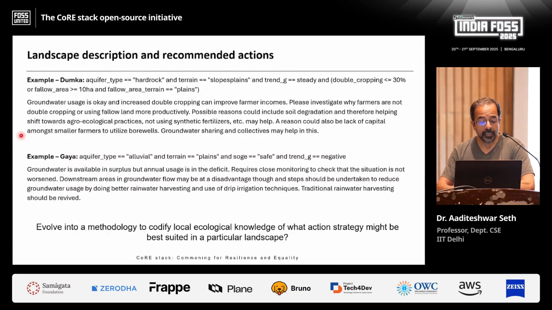And here the idea is not to use experts to write out these patterns. Local NGOs and the communities in these areas know what works. They know how much capacity the landscape can sustain. So essentially, this can become a way of codifying their local ecological knowledge. That's one of the other directions that we're moving in.